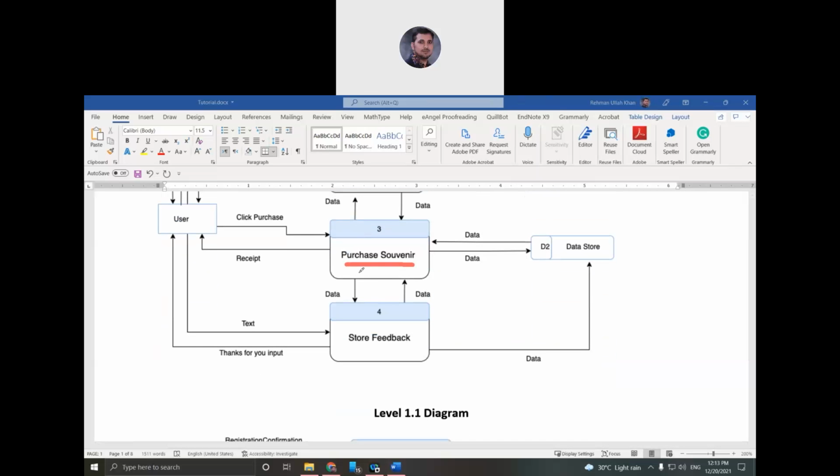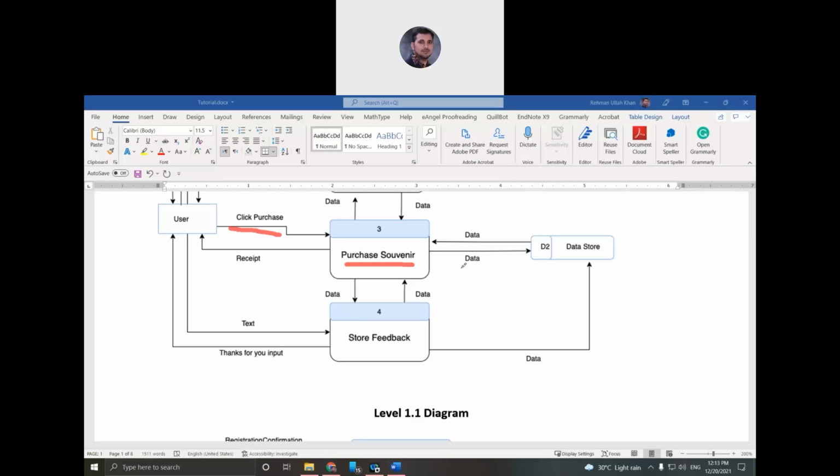So purchase a souvenir, the user will click the purchase button of some souvenir. Okay, and during this process of purchase, you see, I didn't mention the payment process, because why? It is level 1. In level 2, I will explain this further.